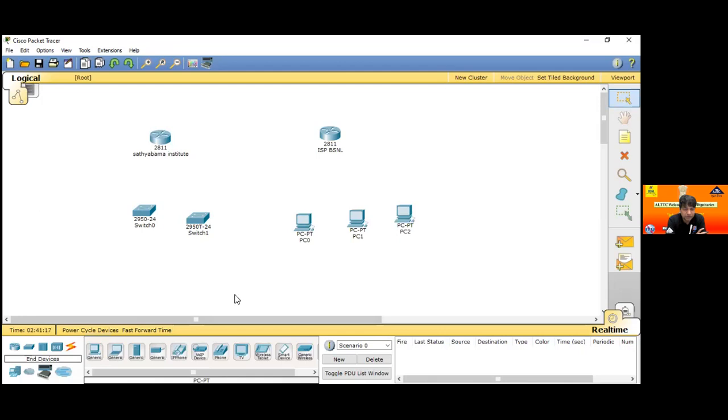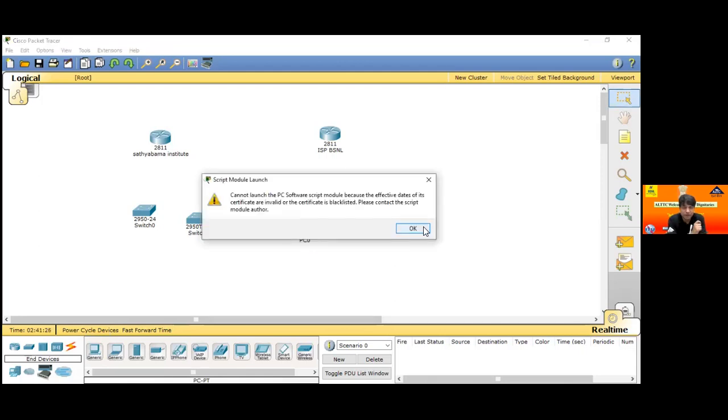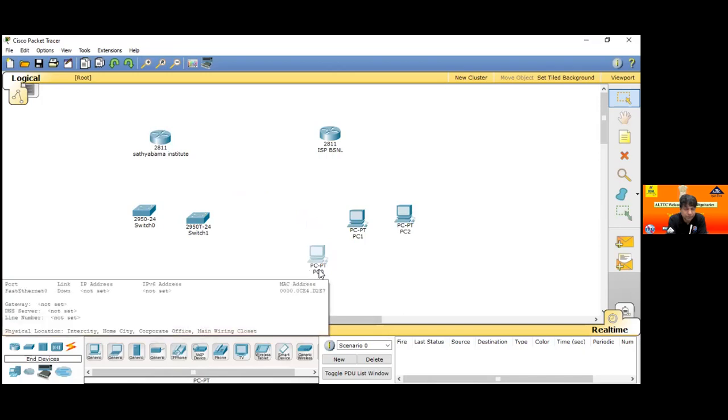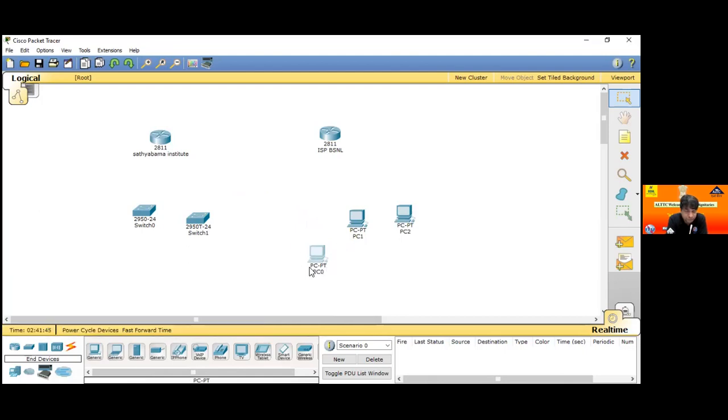Take 2 PC 0. Just move your mouse on PC 0 and press your mouse. No, not the PC 0 symbol. Yeah, and move, not click. Okay, I should move, sir. Just press and hold, and yeah. Go to switch 0, below switch 0. Move this computer below switch 0. Move this PC 0 below switch 0. Okay, very nice.